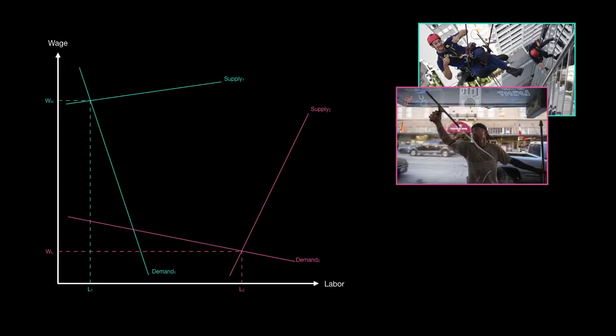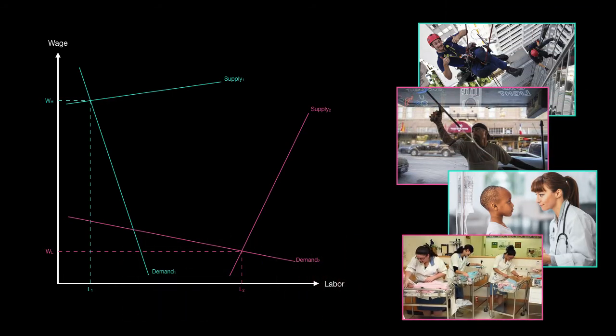We can look at different things such as window washers on a high-rise versus people willing to wash the windows on a strip mall. There are a lot of risk factors, as you can see from the picture, washing windows on, say, a 25-story building. Therefore, fewer people are willing to do it. They're going to earn a lot more money than somebody who washes windows on a strip mall. We might look at this in terms of a pediatric oncology nurse versus a nurse in a maternity ward. Fewer people are willing to deal with the stress of dealing with kids with cancer, whereas snuggling little babies is always beneficial and fun, and therefore there are more people willing to do that. So that would be more along the fuchsia supply curve.